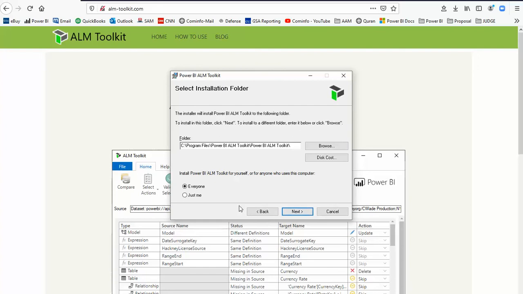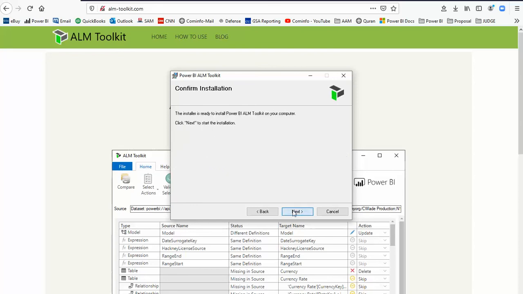and here you have a choice. You want access to ALM Toolkit when you are logging into this machine, or you want anyone or everyone. Just pick the default, everyone, or you can also change the location, but I will take the default. Click next, next,